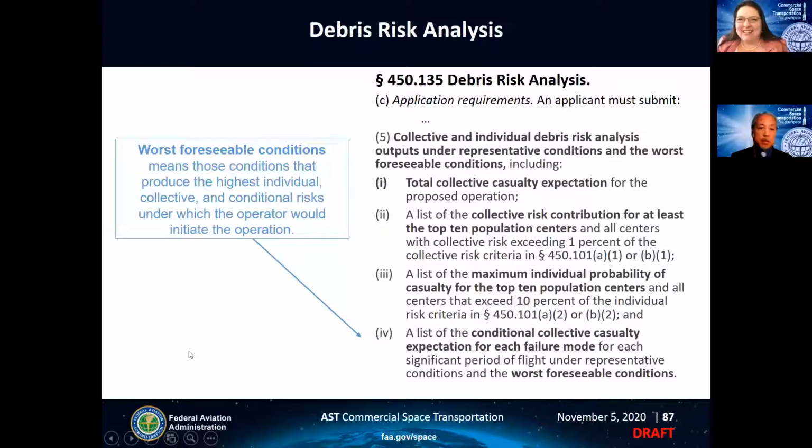An applicant must further submit collective and individual risk analyses outputs under representative conditions and the worst foreseeable conditions, including total collective casualty expectation for the proposed operation, considering all reasonably foreseeable failure modes and scenarios, a list of the collective risk contribution for at least the top 10 population centers and all centers with collective risk exceeding 1% of the collective risk criteria in section 101, paragraph A1 or B1, and a list of the maximum individual probability of casualty for the top 10 population centers and all centers that exceed 10% of individual risk criteria in